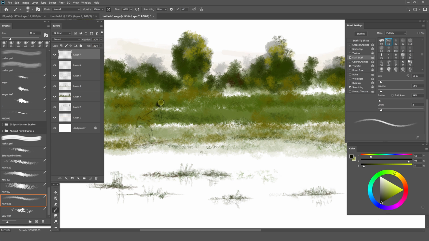I draw here freehand, but if you are unable to draw freehand, you can take reference of any image and placing a new layer on it, you can copy from that layer, from that image.